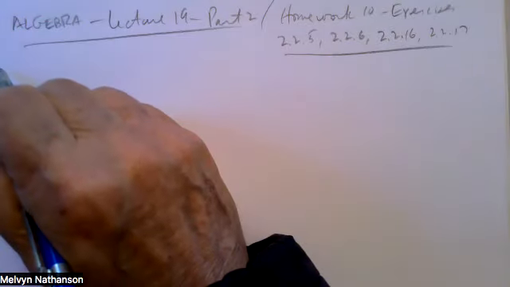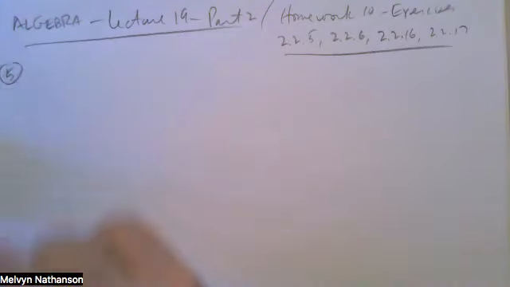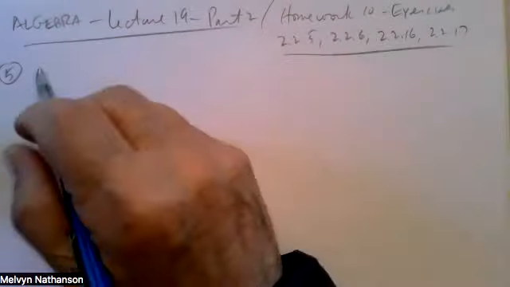Let's look at number 5, which we had discussed a little bit in the first part of this lecture. We're looking at symmetries of the square, or we want to show that the symmetries of a square can be represented by a set of matrices. So what are the matrices? We have